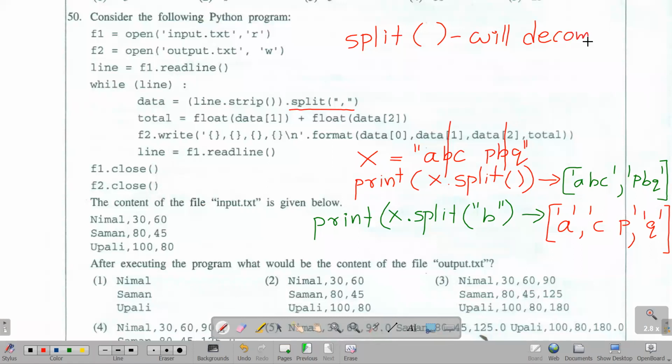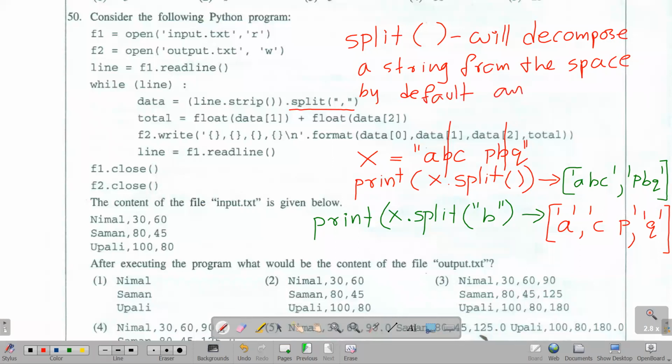We will decompose a string from the space by default and create